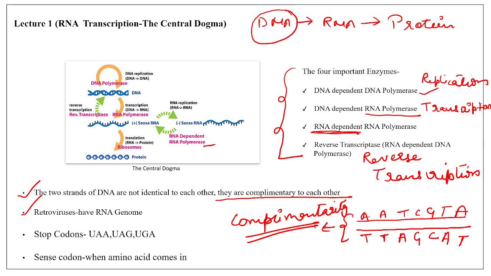There are two types of codons. One is a stop codon and the other is a sense codon. A sense codon is the one which lets the incorporation of an amino acid, whereas a stop codon is the one which stops